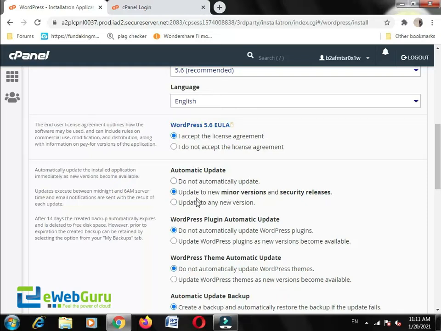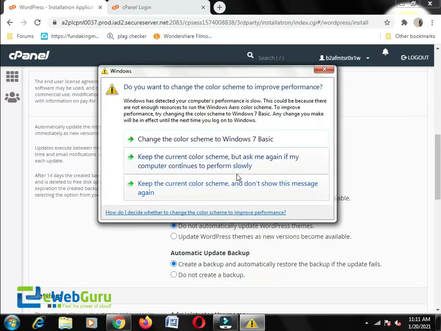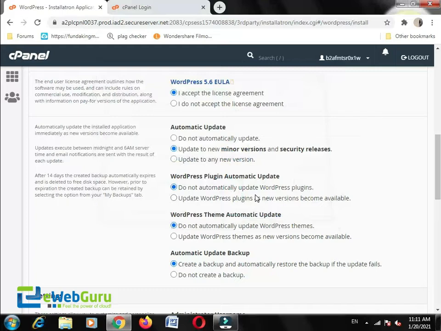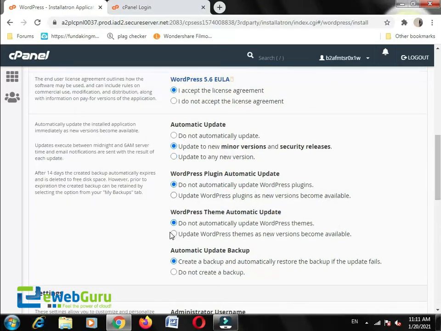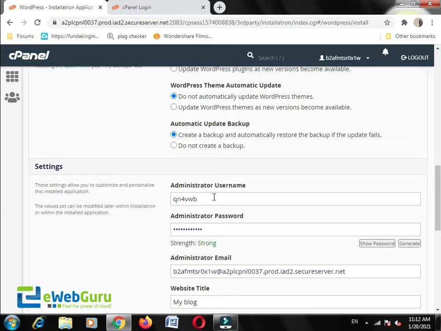If you want automatic updates, you can enable it. You can also control the update process of plugins. You can automate it or you can keep it manual. If you want automatically created backups, you can set them up. If you don't want to create automatic backups, you can disable it here.